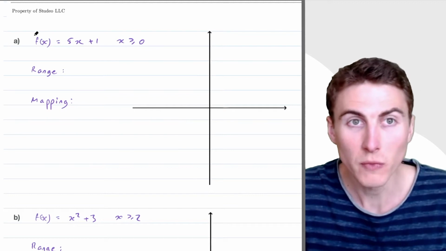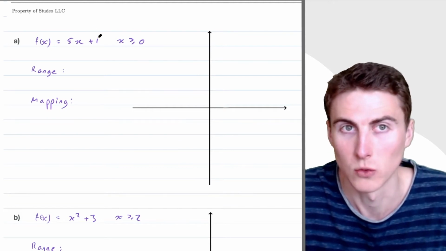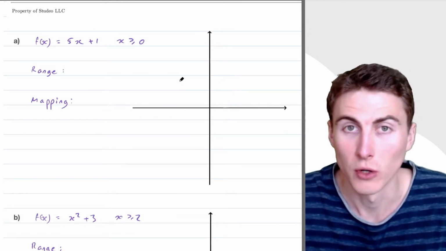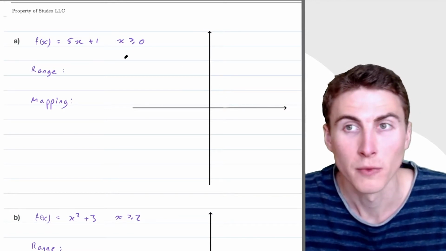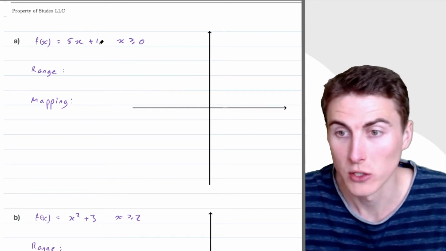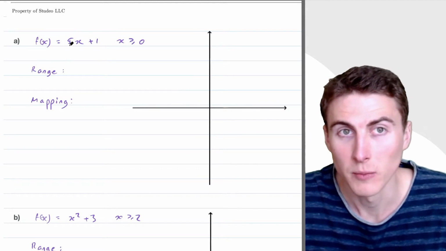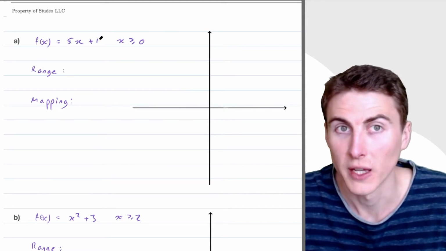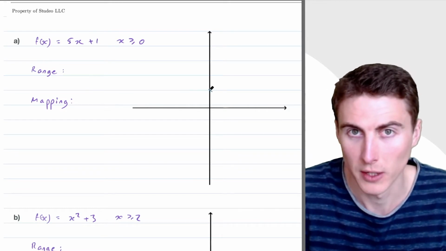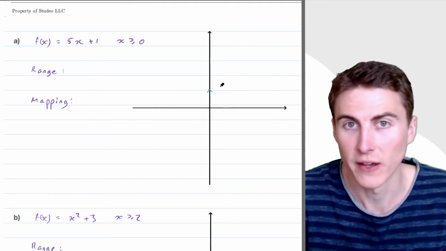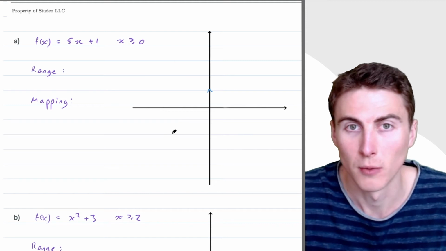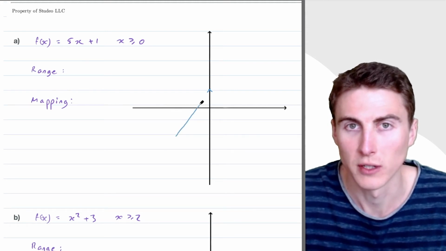So our first one was 5x plus 1. So we need to draw that. And you're only sketching, so we don't have any axes that it has to be perfect for. We basically need to think, what will this look like? So this is a straight line equation. The 5 means it's going to have a gradient of 5. And the 1 means it's going to have a y-intercept of 1. So I'm going to let this be my 1. And then it's 5x, so it's quite steep. I mean, there are no labels, so it doesn't really matter how steep you draw it. But I think maybe draw it kind of like